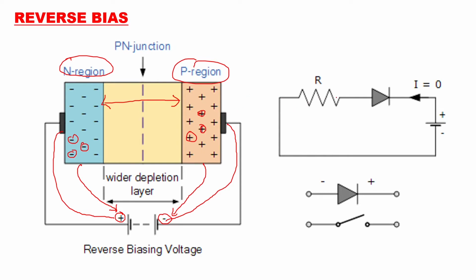So here you can see the same thing symbol-wise. You can have a diode where the N-type is connected to the positive terminal and the anode is connected to the negative terminal. So the cathode is connected to positive and the anode is connected to negative. The flow of majority charge carriers is not there. The current flowing through the diode will be zero, and you can see the diode acting as an open switch for reverse bias condition. Now exactly what happens in reverse bias conditions?